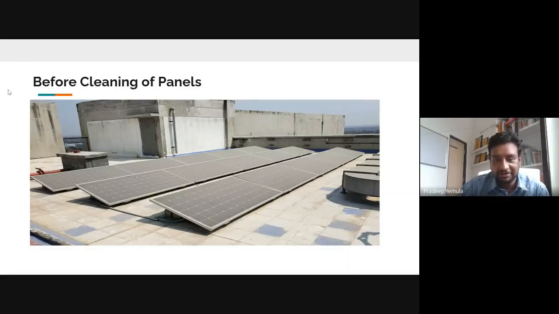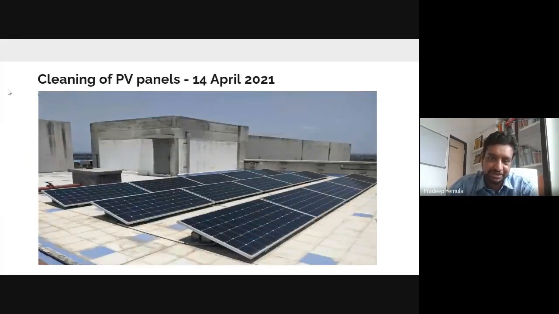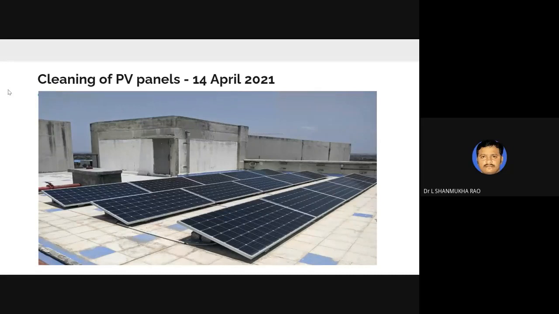In fact, my afternoon presentation is campus energy monitoring. In that, we are automatically logging the data. I can show that in the second presentation. And not only the supply side, you also have to monitor the demand side, how you are consuming. That we'll discuss in the second presentation. But it is very good to know that you also have solar panels. Thank you, sir. Thank you.